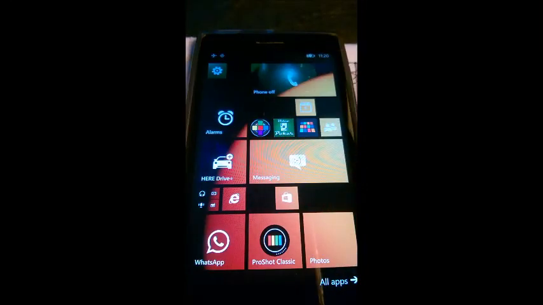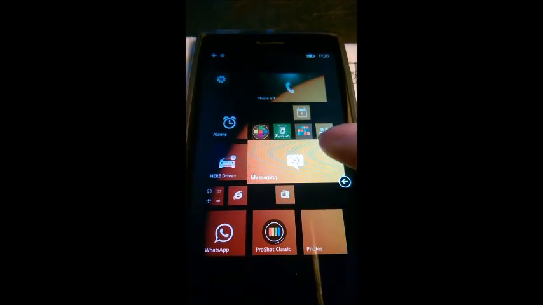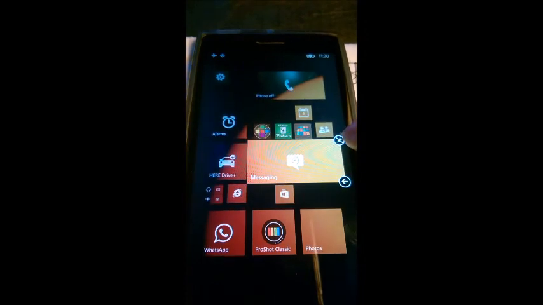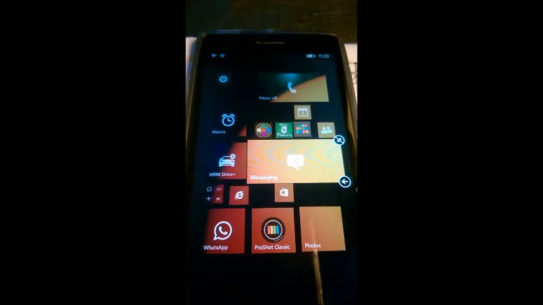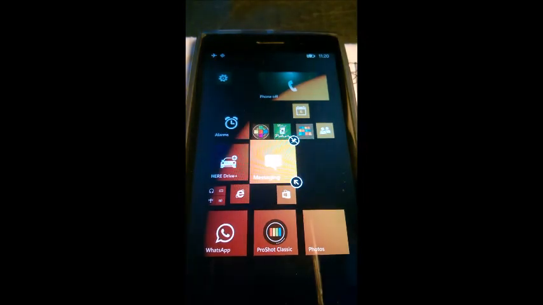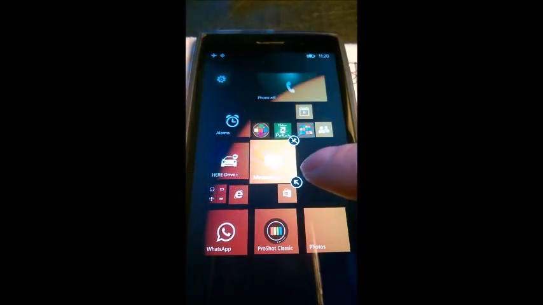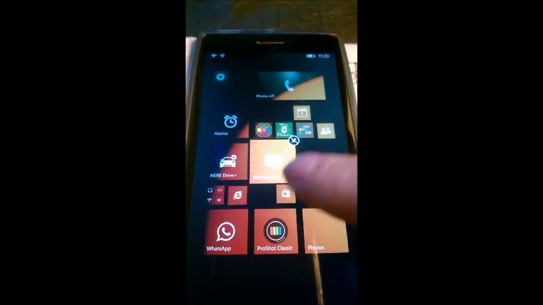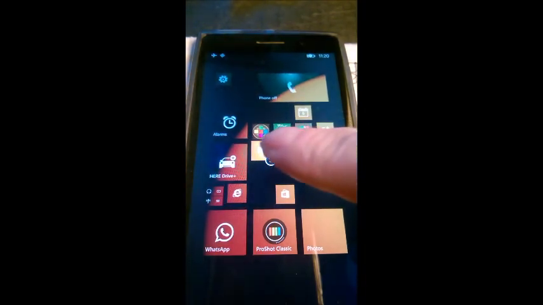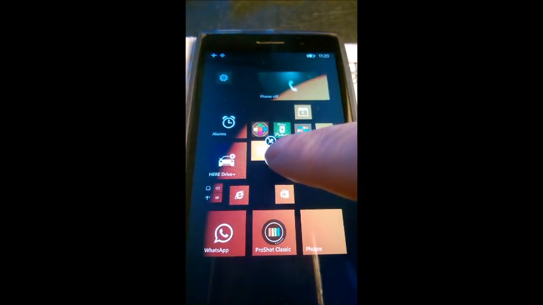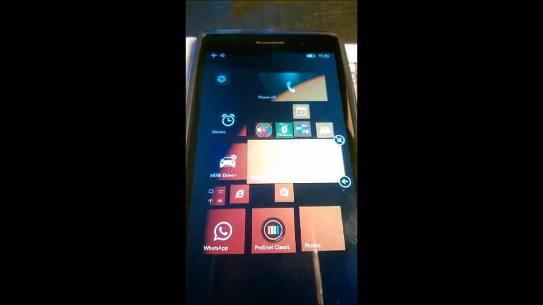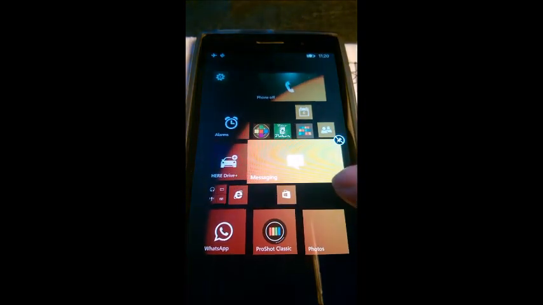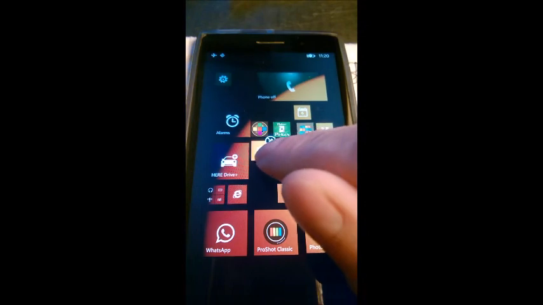See how to arrange the icons in Windows 8.1. So this is my text SMS. If I keep my finger on it, I'm going to see either unpin or reduce size. So let's just try to reduce the size. It's going to go square, and if I press again on reduce size, it goes tiny. And if I press again, it goes wide. These are the three sizes for each of the icons.